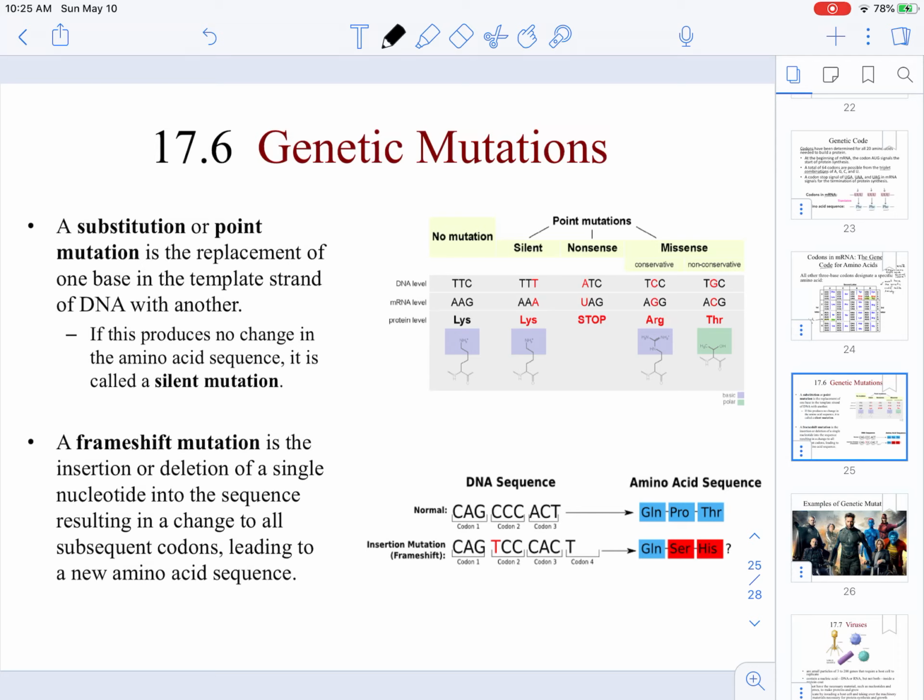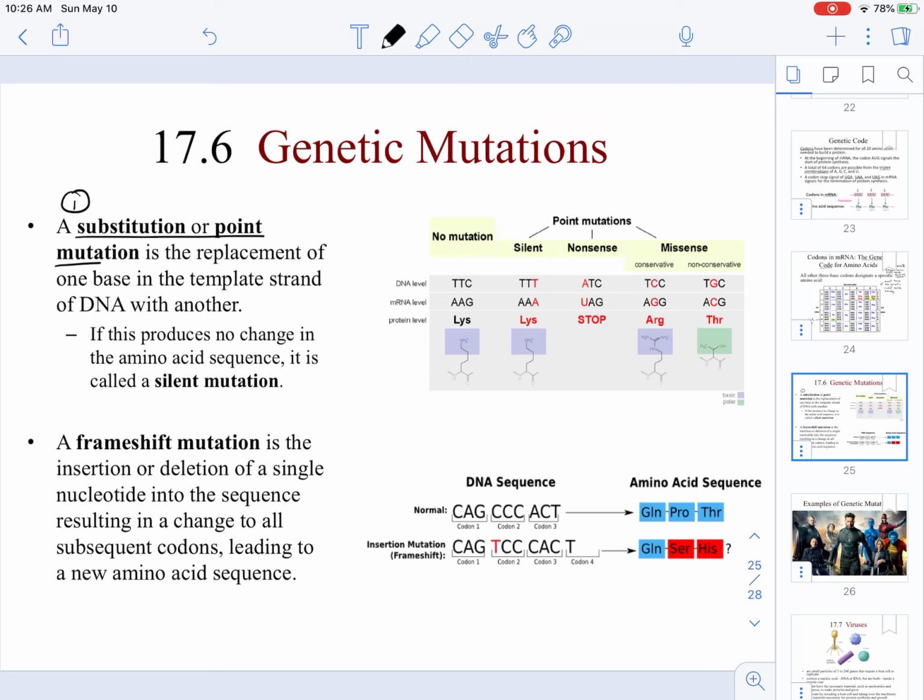When it comes to genetic mutations, you should be familiar with the different types of mutations outlined in this slide. The types you need to be familiar with are, first,